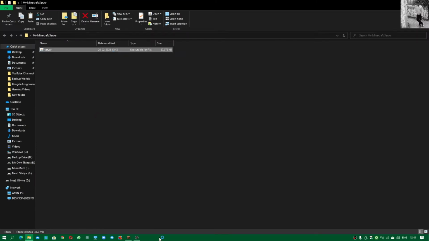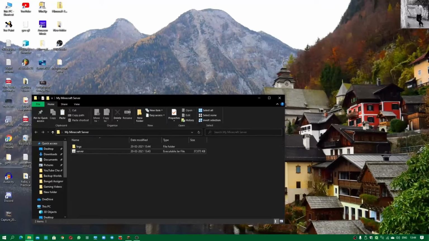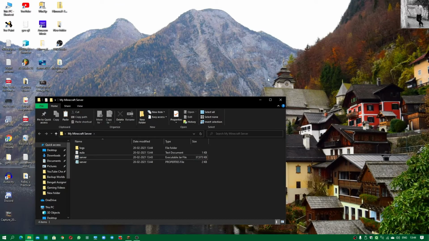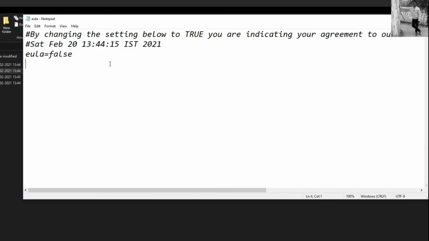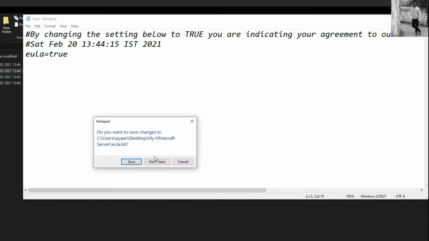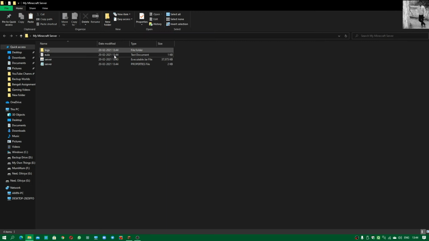Now you'll find something. What do you see? Some files coming in, such as logs, then a file called world will come, and then a file called EULA will come. EULA is basically a type of agreement that you have to agree to in order to play legally. So click on EULA and then just change it to true, and then save this. So now you can play on the server easily, and just execute your server once more.